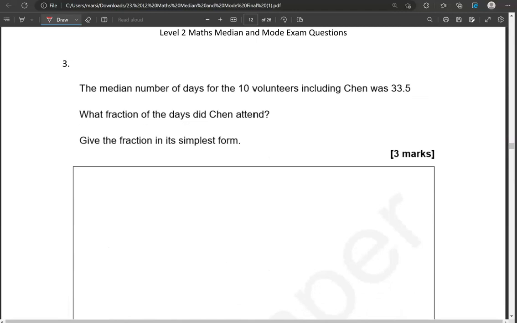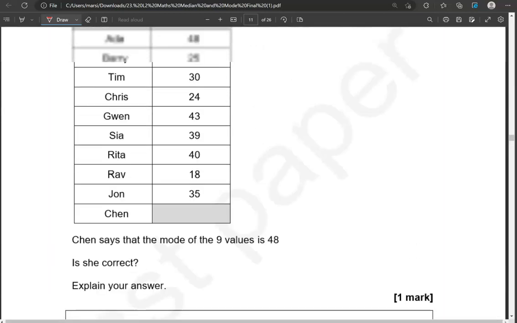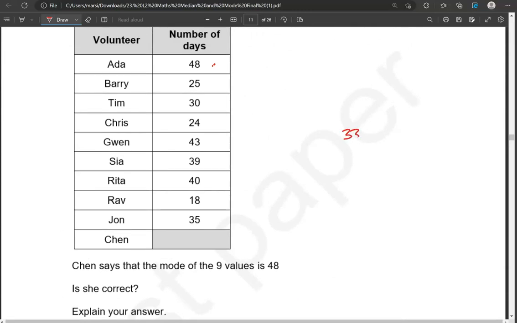The median number of days for the 10 volunteers, including Chen, was 33.5. What fraction of the days did Chen attend? Give the fraction in its simplest form. So, median is 33.5. And we're going to use the median to work out the number of days for Chen. So if we put the numbers that we have in order, starting with the smallest, we get 18 first, then we have 24, 25,